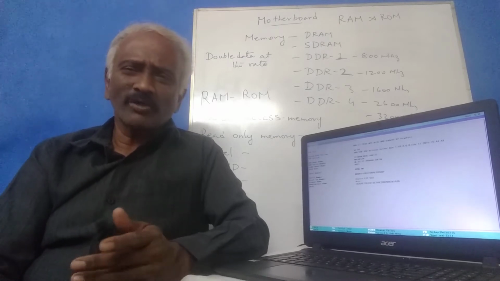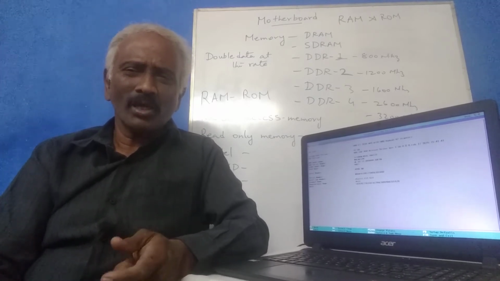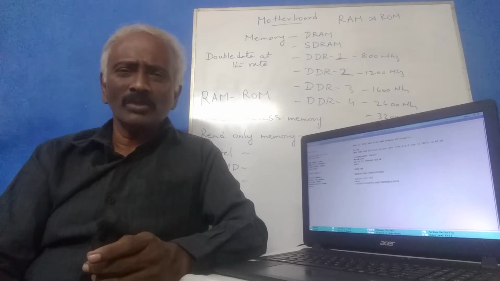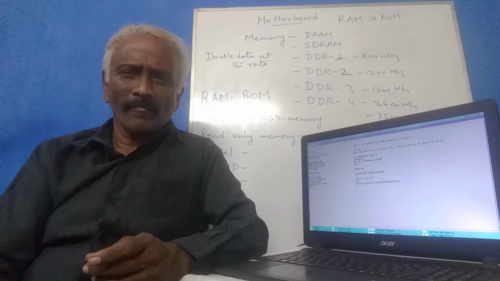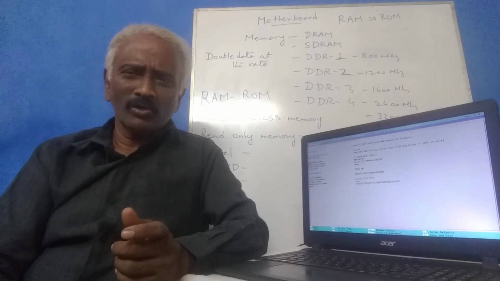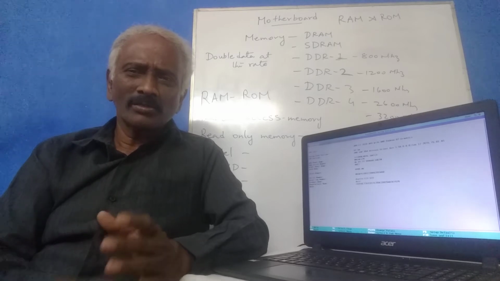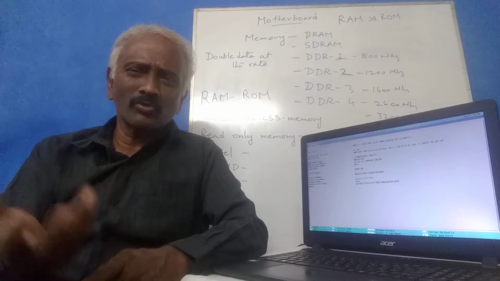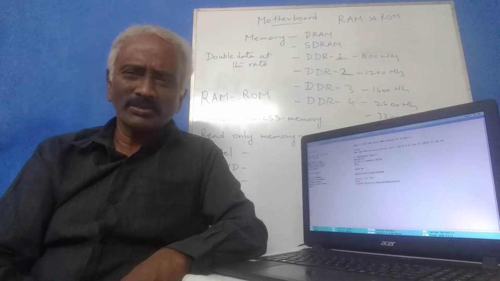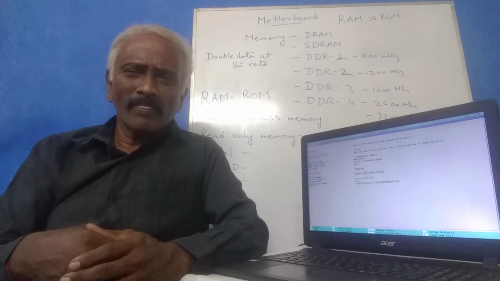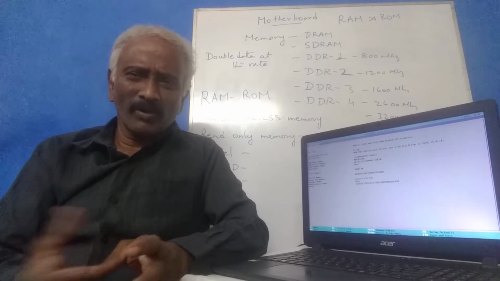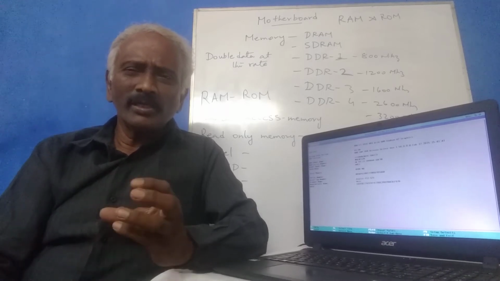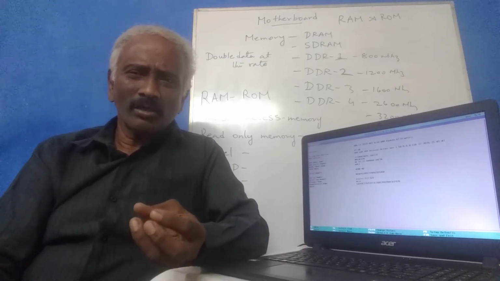Okay, so what are the types of memory? You have a memory known as RAM and ROM. So what is RAM? It's random access memory. And what is ROM? It is read-only memory. So RAM is volatile. Volatile means once you are working, the data will be received and sent, received from an input device, sent to an output device after processing by CPU. But remember, it is volatile. Once the power goes off or your system turns off, immediately the data in your RAM